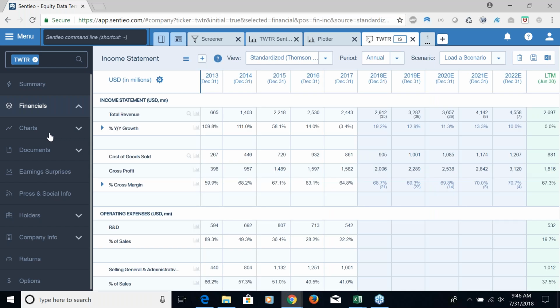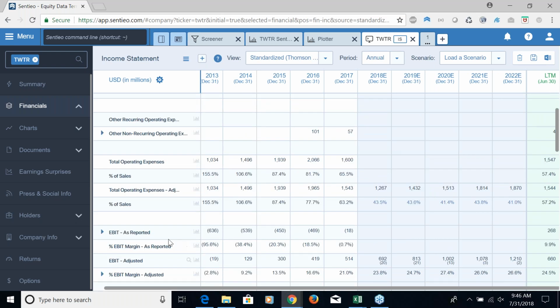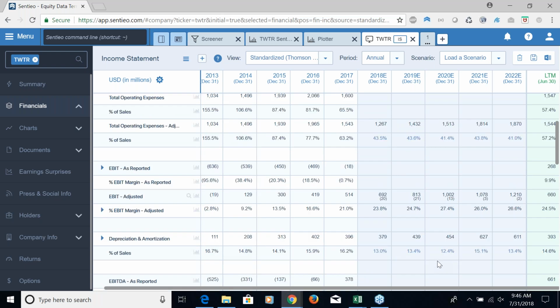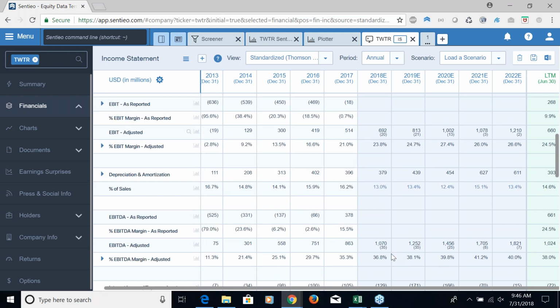What we do have, and I'll quickly scroll down here so we can see: here's my EBIT as reported, here's my adjusted EBIT, and here's my forward-looking EBIT, and it's always adjusted. It's going to be adjusted forward. Usually IBIS gives us adjusted. We also have all of the data within the Excel plugin, and within the document search, one of my favorite